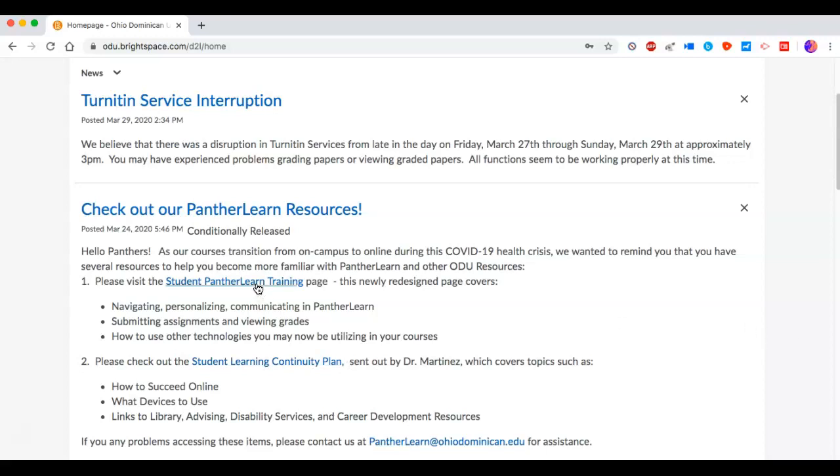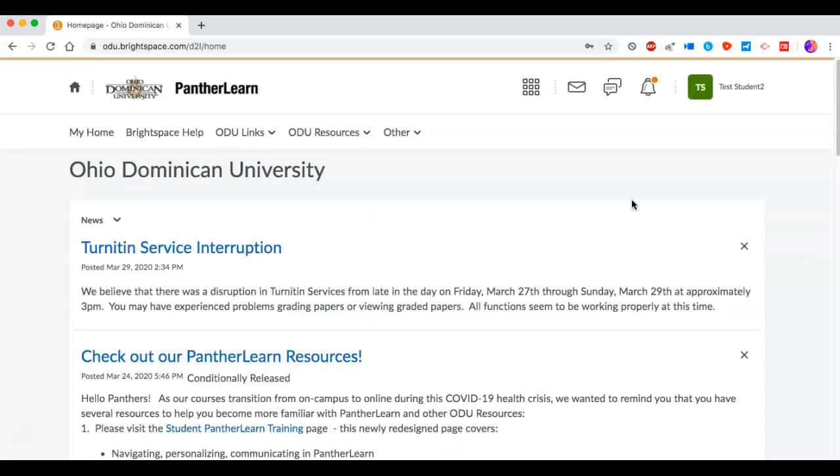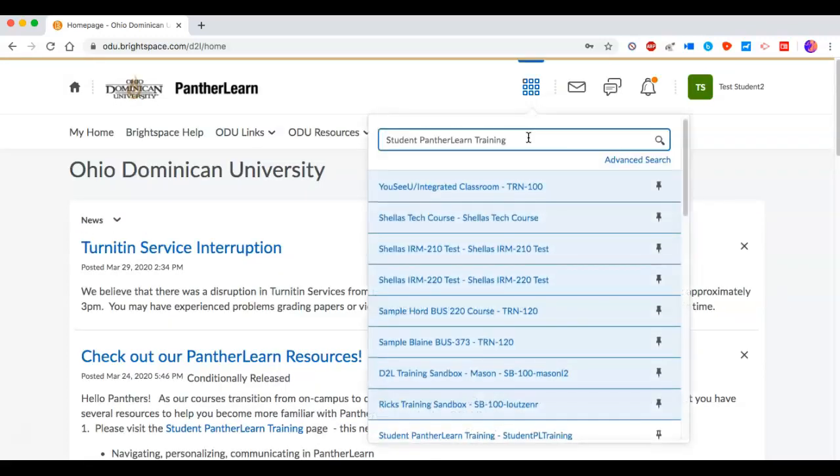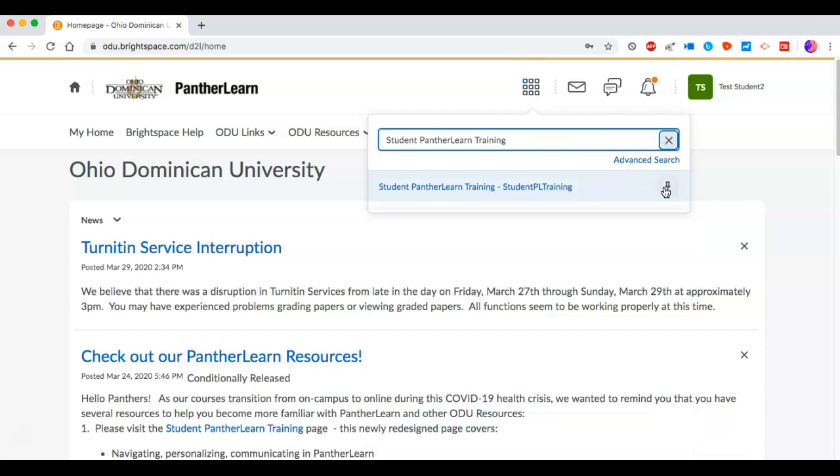So students can just click right here to access the Student PantherLearn Training page, or they can scroll up to their tic-tac-toe menu, type in Student PantherLearn Training, and click Search. We recommend that students pin this course to the top of their list as well. To access the course, simply click,